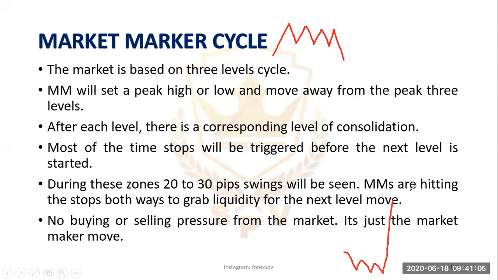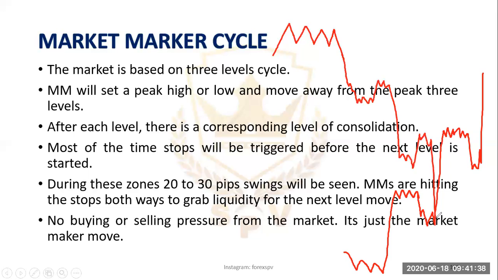And at each level, you see a corresponding level of consolidation. So this is level one, a corresponding level of consolidation, stop, and towards the peak. And then this will be level two. We'll see a corresponding level of consolidation, stop, and towards the peak. And that will be level three. And the same will be for a downtrend. See level one, corresponding level of consolidation, stop, and towards the peak, level two,